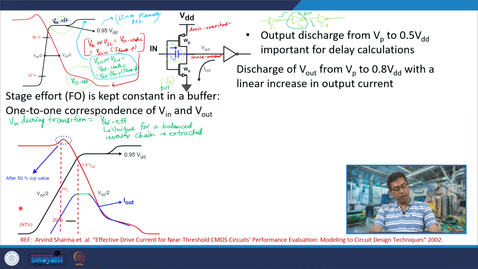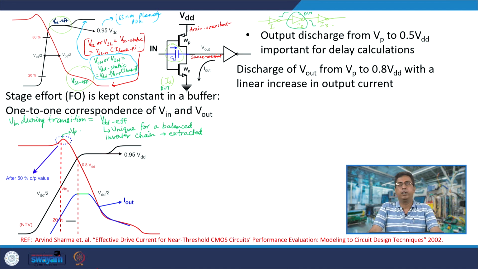We will now divide the input transition and the output transition into several parts. As you can see here, before the peak value, which we call VP, is the first part; then the transition from the peak value till the output reaches 80% of VDD. Now, why that, we will discuss. And then from 80% of VDD to the time at which the output reaches 50% of VDD. So, we will divide our entire input and output transition into these three parts, obtain an effective current value for this inverter,